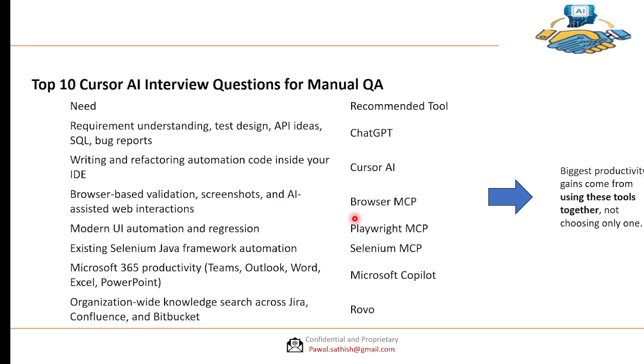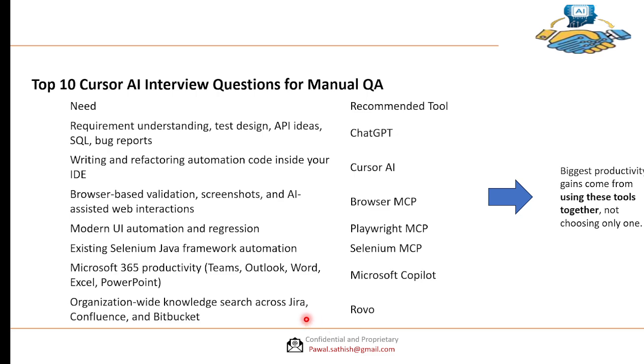If we are doing browser-based validation or screenshots, or web interactions, then we'll go ahead with the Browser MCP in Cursor AI. If we need UI automation and regression with the latest technology, then we'll go ahead with the Playwright MCP. If we have an existing Selenium Java framework, then we'll go ahead with the Selenium MCP. And for M365 productivity, like Outlook, Word, Excel, PowerPoint, if you want to do any documentation,